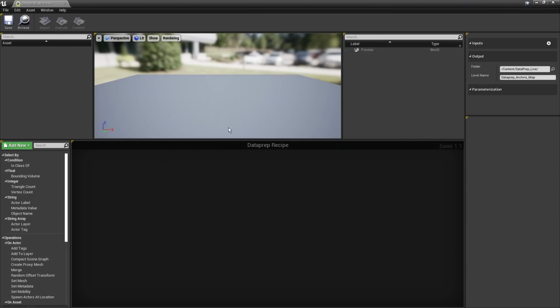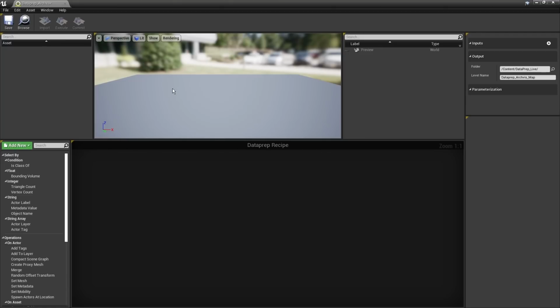So this is the Data Prep window. We have our usual toolbar along the top, along with some buttons that you may not be familiar with, and we'll explain those in a moment. Here below this, we have our content browser for the Data Prep workflow. So using Data Prep, we're going to be creating a temporary space, kind of a sandbox, where all of the assets we import will be stored as we're working on them.